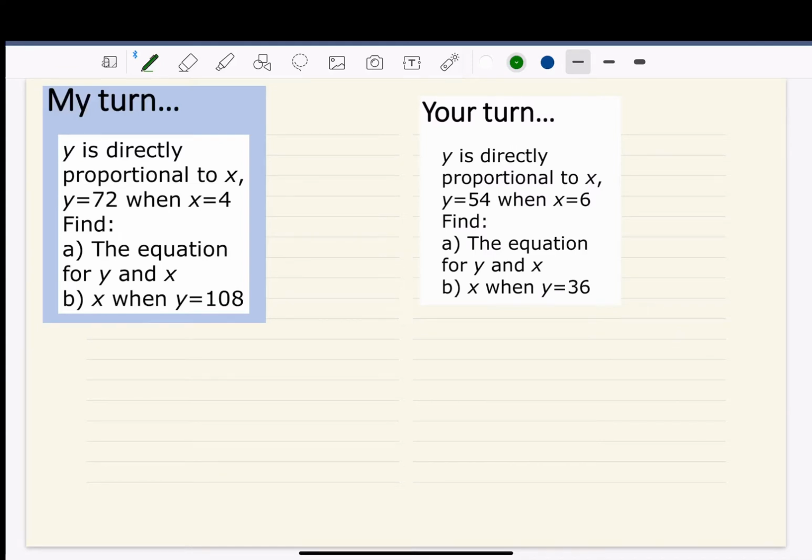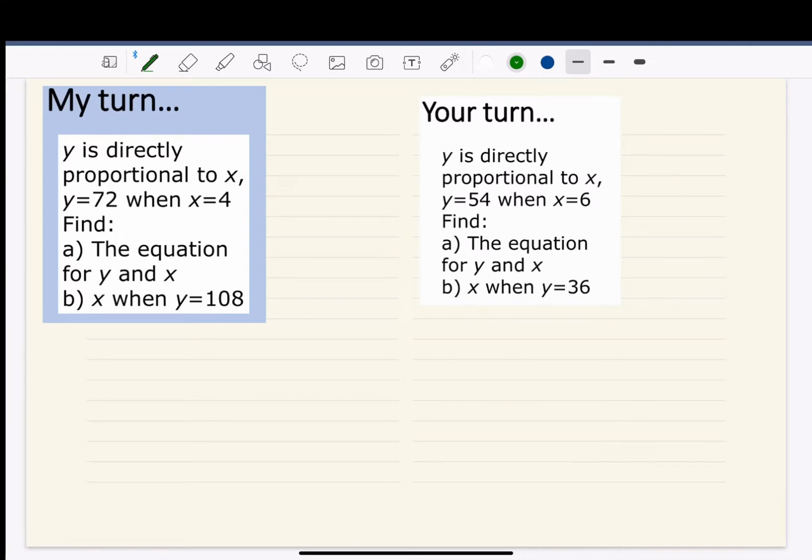My turn. Y is directly proportional to x. Y equals 72 and x equals 4. We need to find the equation for x and y, and then x when y is 108. The key difference here is that part B, up until there, the steps are exactly the same as the previous